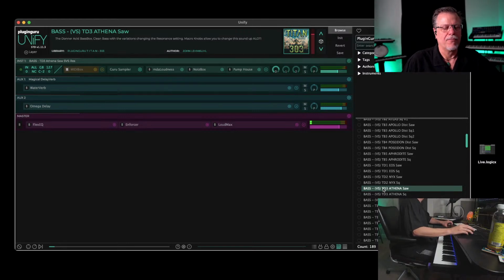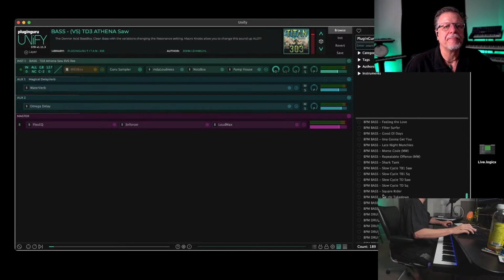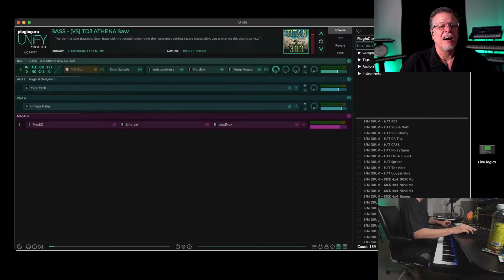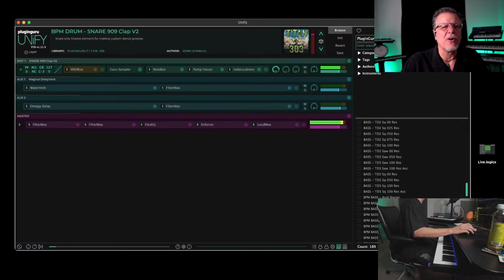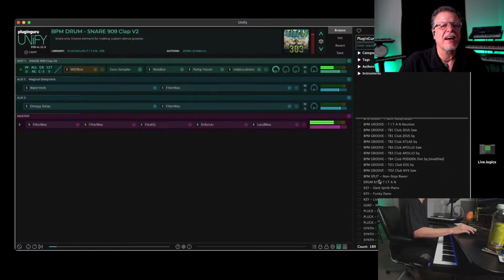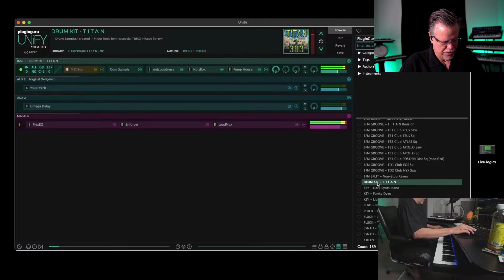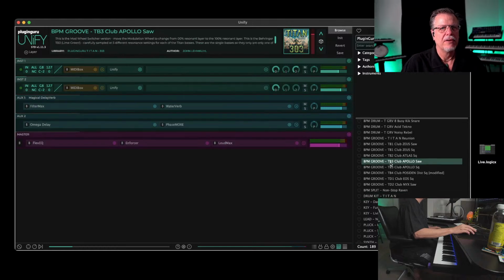So it's just fun. And then on top of that, there's drum kits in here too. BPM bass. I think I did a drum kit. Was it a 909 808 kit? What was it? Drum kit, Titan kit. So there's all these really cool grooves